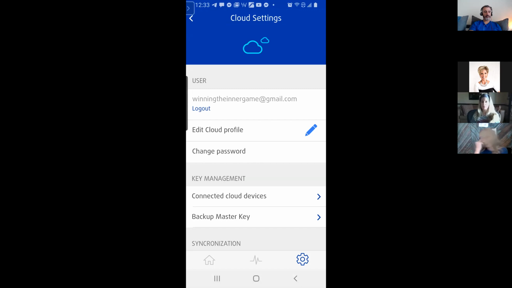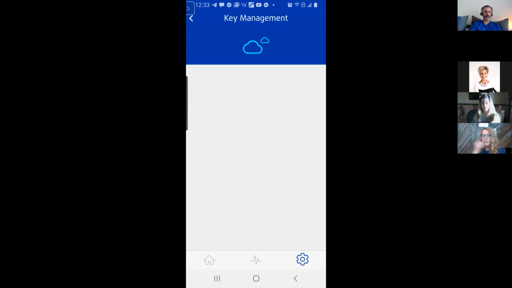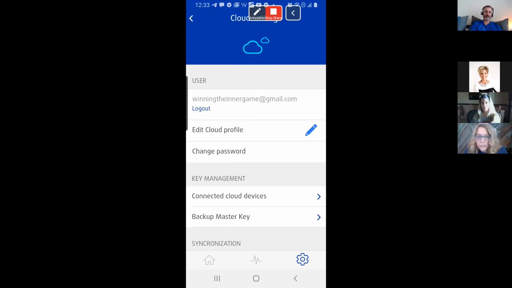Okay. Connected cloud devices. This has something to do with, and it's not working at the moment. You see, I got a second resonance for free on the same account, and I have yet to be able to use it as a resonance because I haven't got the login to work yet. And I think it has something to do with here. And again, customer service, I have not gotten around to it yet.